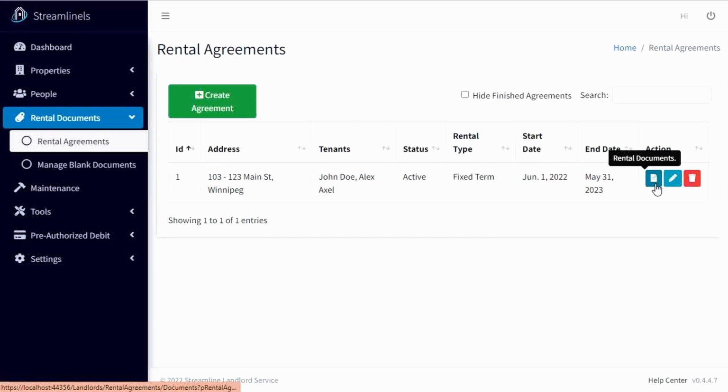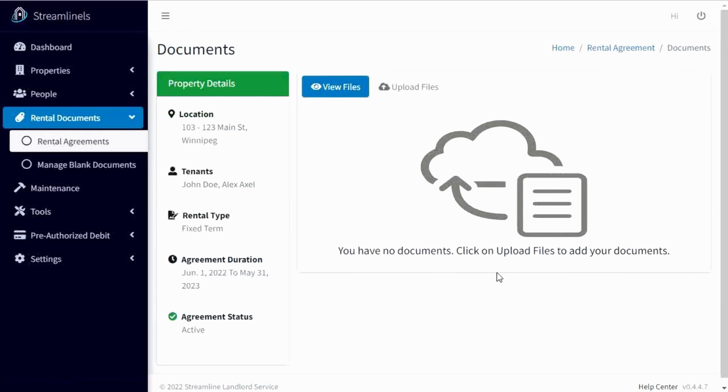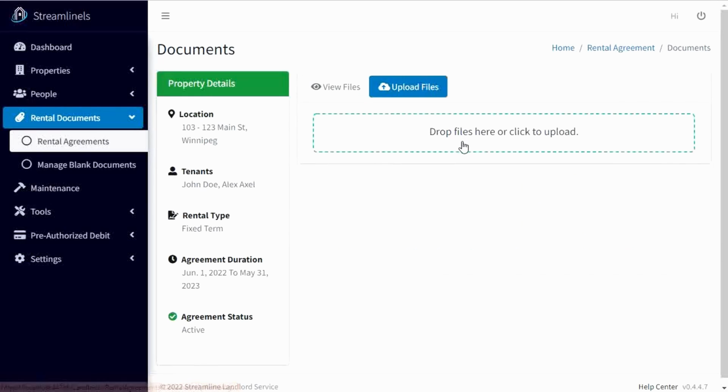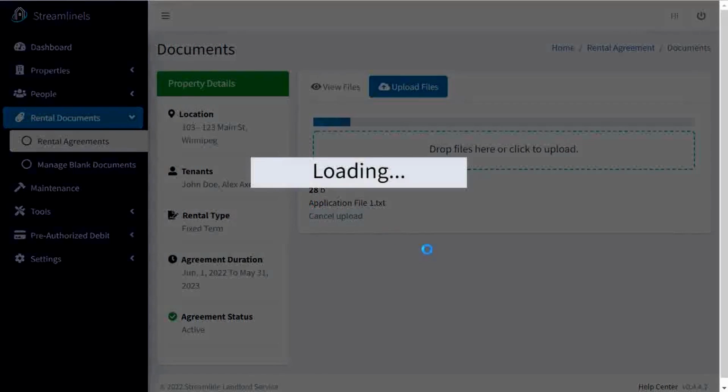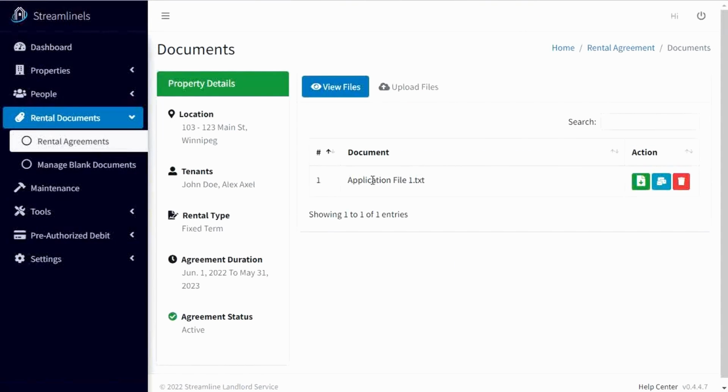There's also this rental documents page. If you click this, it goes to a whole other page, and you can attach files directly to the rental agreement. So you can click Upload Files, click this. Let's just say that this was a lease document. It's not, the name is application file. Well, for instance, it could be a lease document. You can upload that. Your tenant will be able to view that when they log into the application. They'll be able to download the document. Just a note on that,